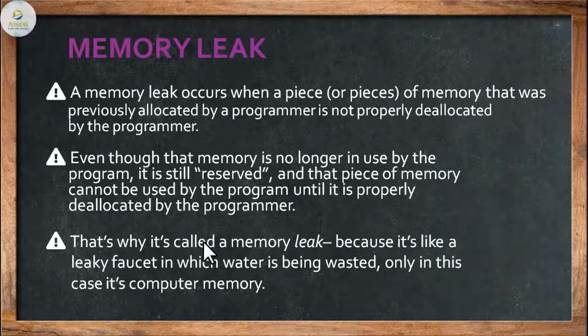Now when memory leaks become large in number, that means there are many pieces, such a memory block is called an orphaned memory block. Orphaned means there is no belonging, there is no one to use it. So when memory leaks increase in number, it means the piece of information or code allocated by the new operator is not being deleted properly. Such allocation is called a memory leak, and if it is in number, we will call such memory allocation orphaned memory blocks. Okay, so this is the example of the memory leak.